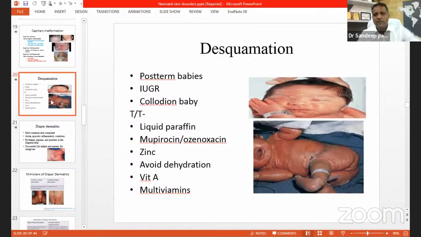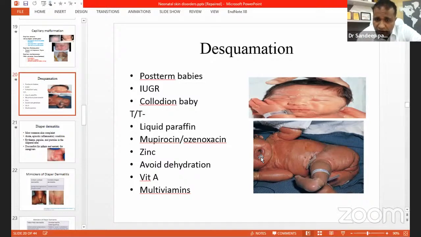Now we'll see about desquamative lesions. So these are the two slides which I have shown you. This is the picture where desquamation is there, skin peeling is there. So see, desquamation usually is seen in babies who are IUGR, who are post-mature, but more for pathological reasons. As a neonatologist or a pediatrician, when you are seeing a baby with a slide which is shown down here,